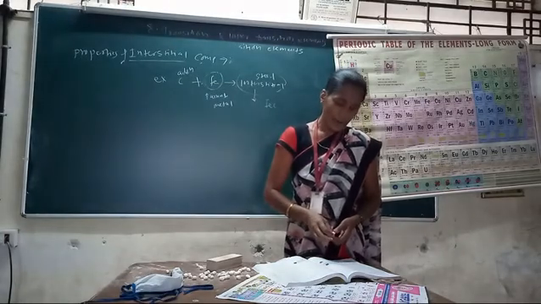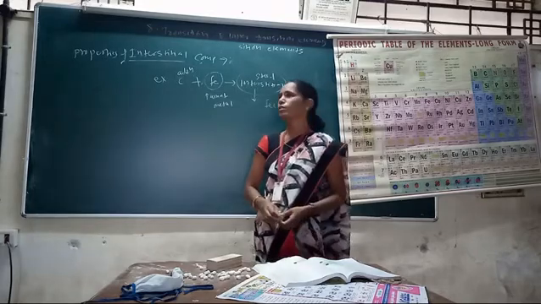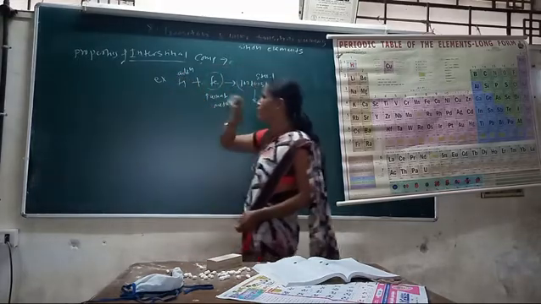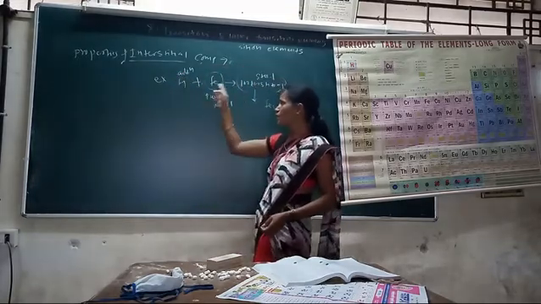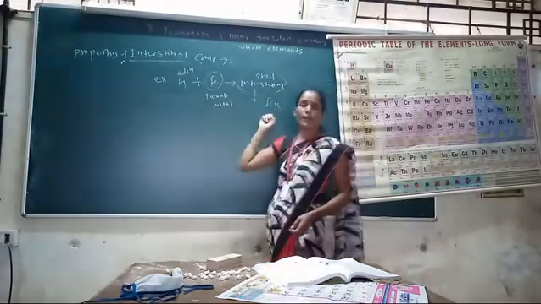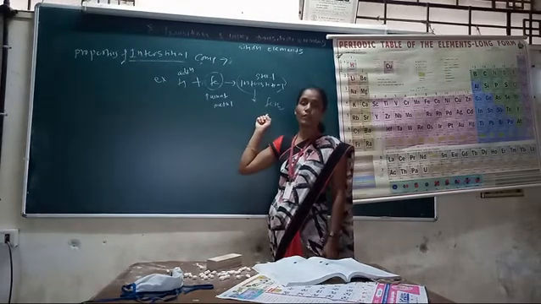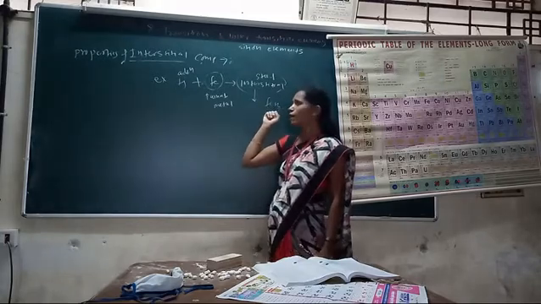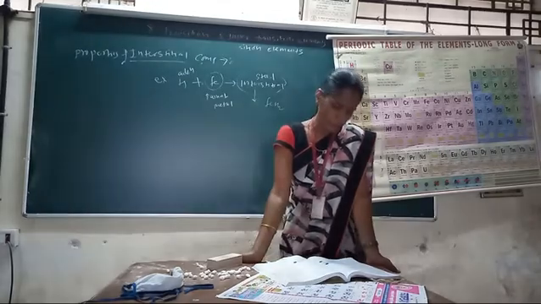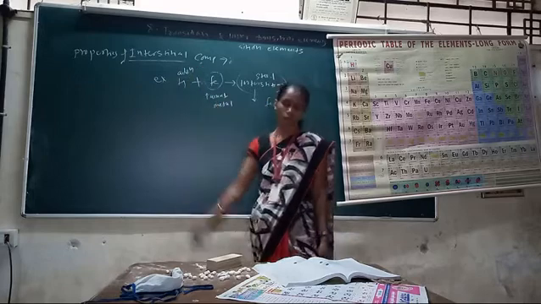And last, hydrides of transition metals are used as powerful reducing reagents. After addition of hydrogen in place of carbon, that is hydride, the interstitial compound is the hydride FeH2. Hydride is used as a reducing reagent. FeH2, ferric hydride, is used as a reducing agent. These are the properties of interstitial compounds.